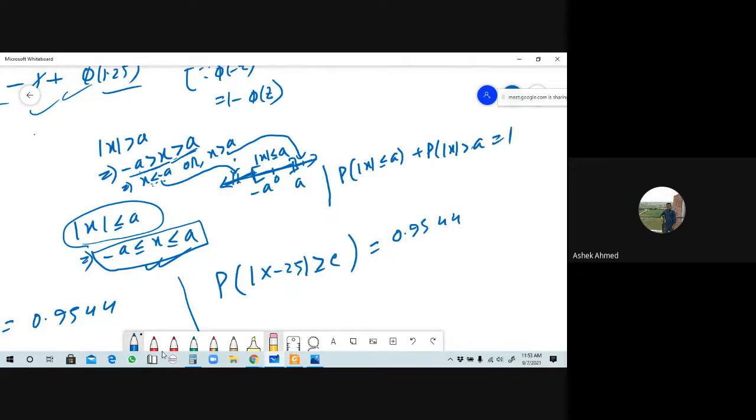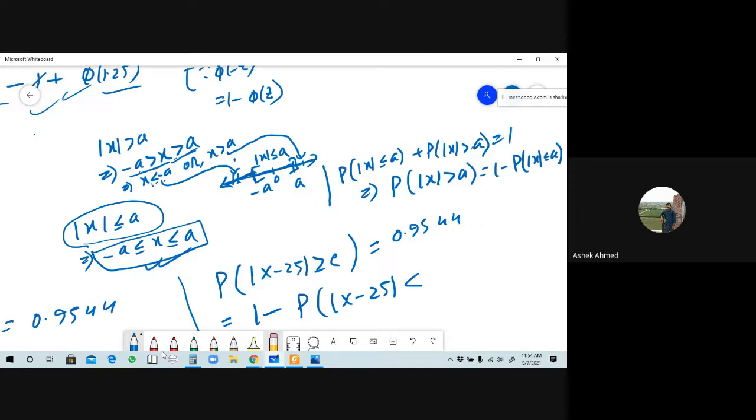so from here we can say that the probability of, okay, ঠিক আছে, তাহলে from here the value of absolute value of x is greater than a equals 1 minus probability of absolute value of x is less than or equal to a হবে। তাহলে এখন এখানে greater than equal আছে, so its corresponding value will be, যদি greater than ফর্মে আছে তাহলে less than হবে, so that will be 1 minus probability of absolute value of x minus 25 is less than c here,